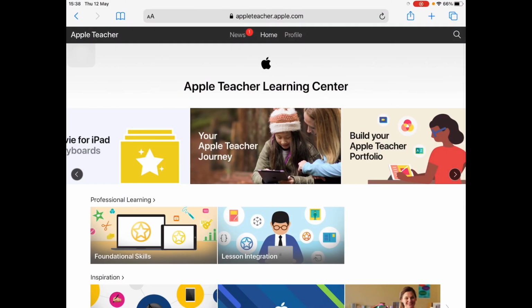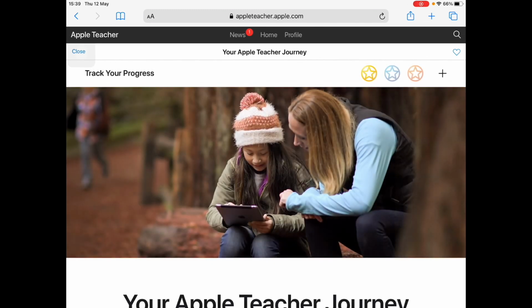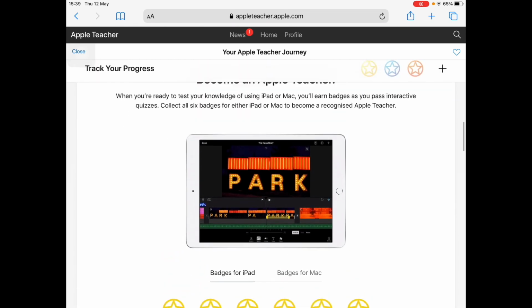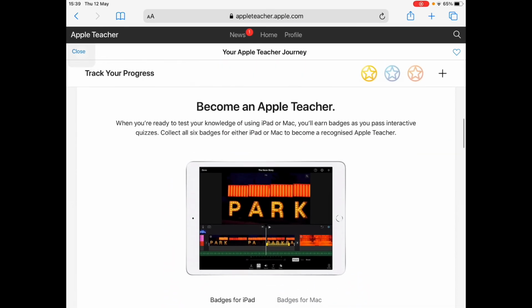Now that you have had a chance to play about with the different tools that are available in GarageBand, it'd be a great time for you to start your Apple Teacher journey by completing the GarageBand Badge. When you click on Apple Teacher within the Apple Teacher Learning Centre, you will see the different things that you can click on, and one of these will be GarageBand. If I scroll down from the Apple Teacher Journey section of this page, you will see Become an Apple Teacher